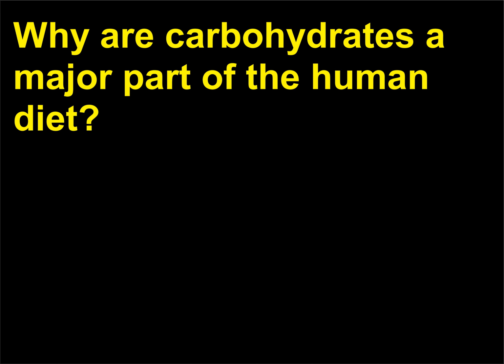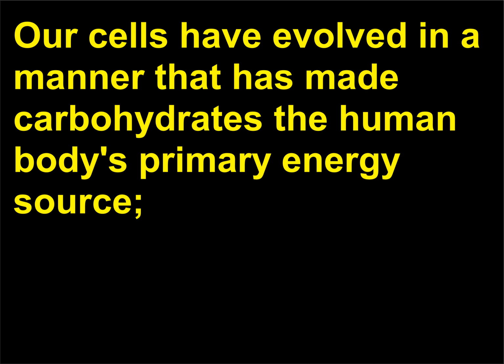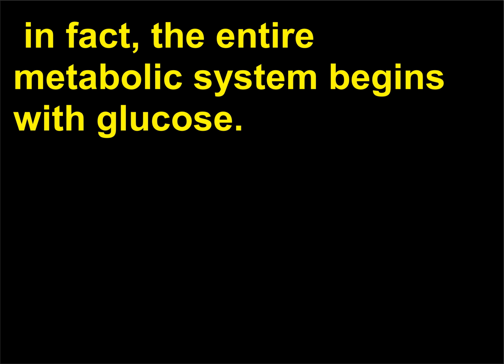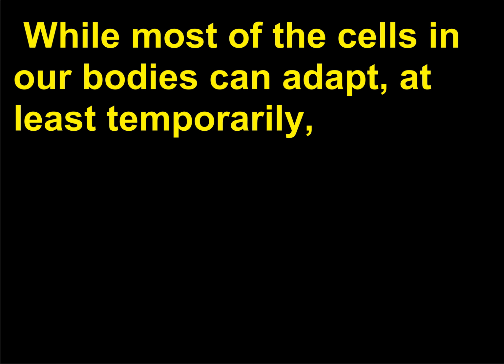Why are carbohydrates a major part of the human diet? Our cells have evolved in a manner that has made carbohydrates the human body's primary energy source. In fact, the entire metabolic system begins with glucose. While most of the cells in our bodies can adapt, at least temporarily,